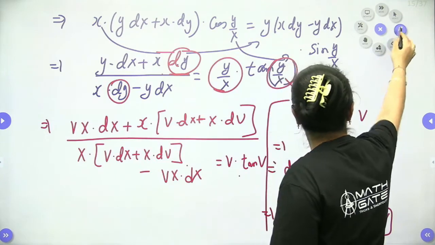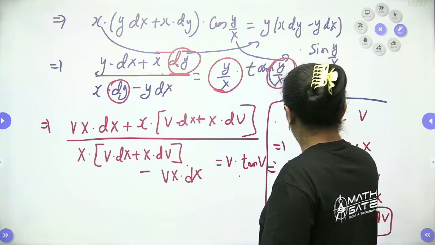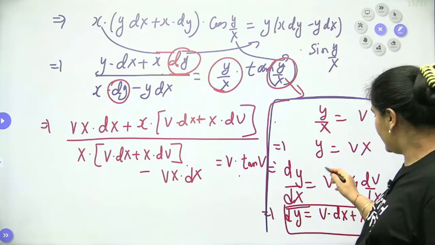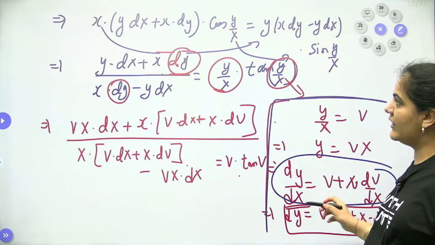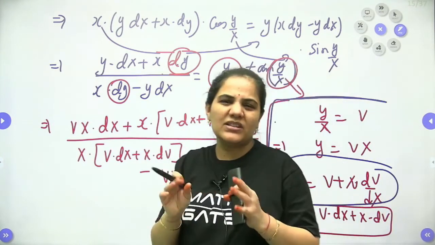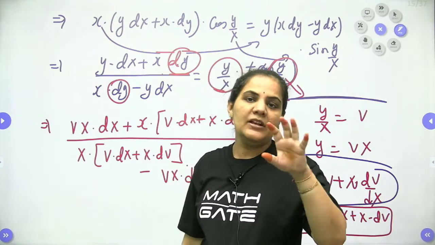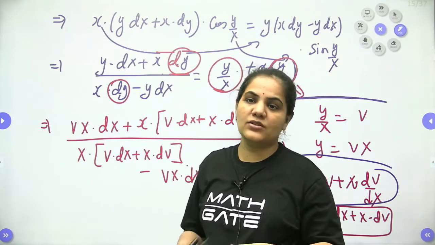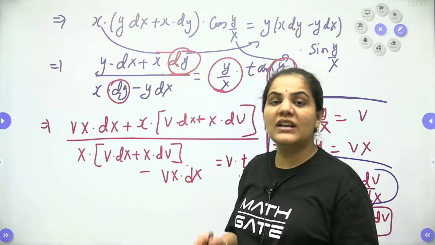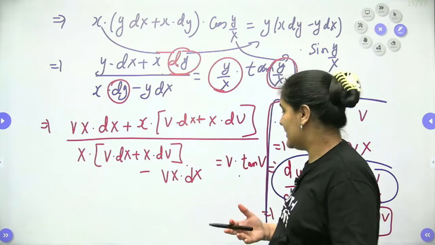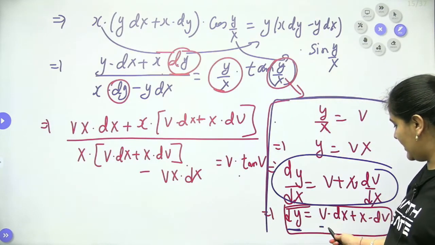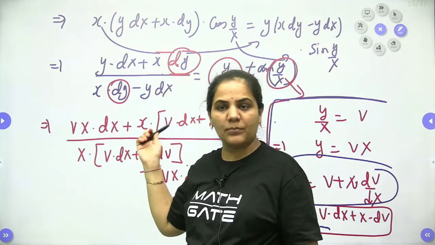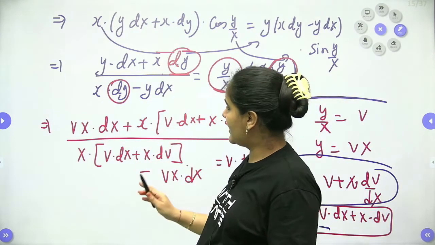So let me use a different pen to indicate the differences. This is a different thing. Just remember, we made a slight change in the question. Generally we always put dy by dx, but here the equation is in the form of dx and dy. We have dx in one manner and dy in another manner, so we can't approach directly with dv by dx or dy by dx. That's why I converted it into the form of dy only. So wherever we have dy in this question, we can put the values. Exactly, now it has become simple for us.